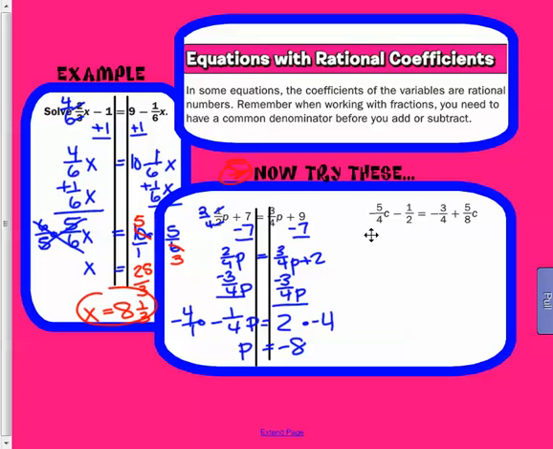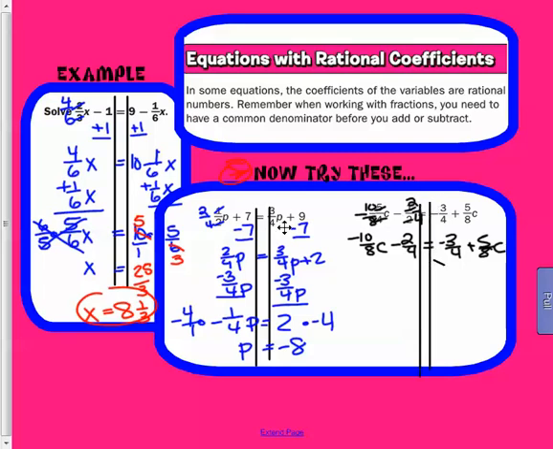Over here, we're going to have to make sure that our integers have the same denominator. So this is 2/4, and these have the same denominator. So this is 10/8, and it's a negative. I'm going to rewrite that just so I don't confuse myself, and then I'm going to create my lines so that way I keep them all straight. Okay, so I'm going to add 2/4. Sorry about that. And so I'm going to add 2/4, and I get negative 10/8 c minus 1/4 plus 5/8